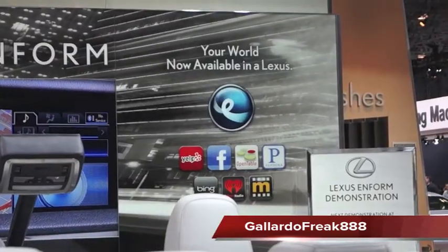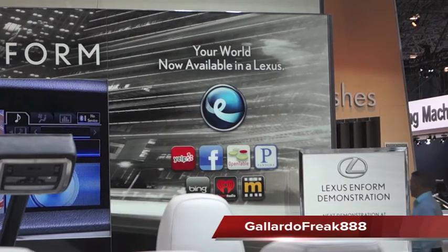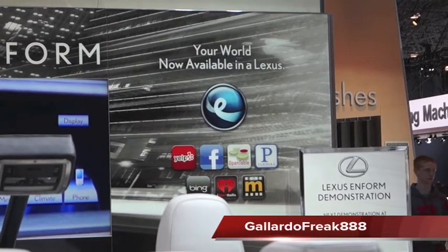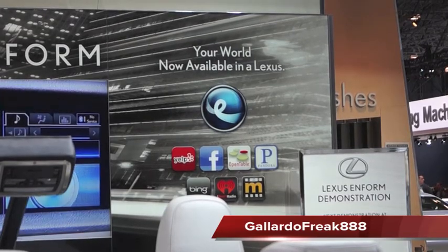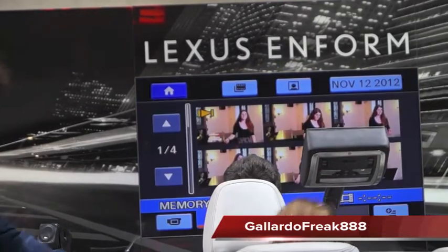So I'd like to invite some of you to sit inside the vehicle with me as I go over this in a little more detail and show you some of the benefits to this fabulous new technology here in the App Suite. So from the main menu, I can access the App Suite via the remote touch, and that's located in the center console here, and it works very much like a mouse and allows me to